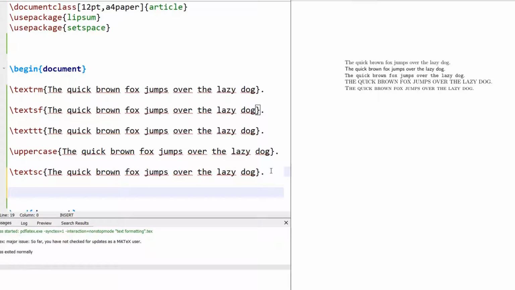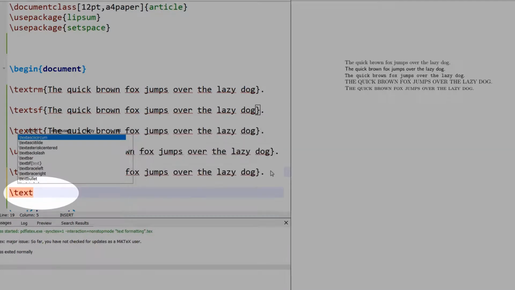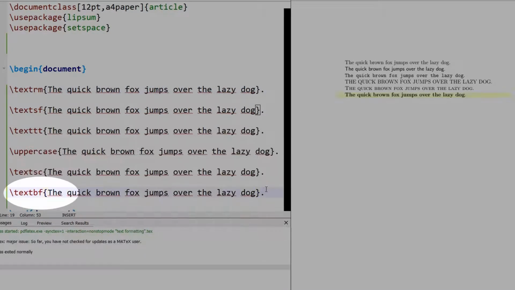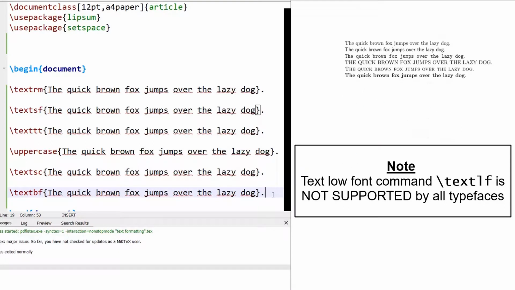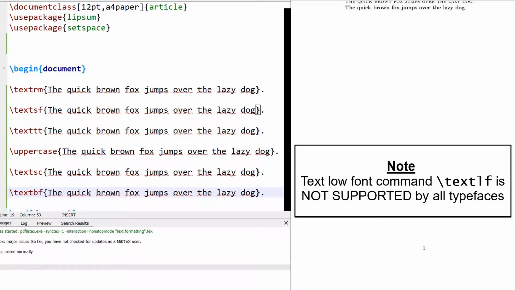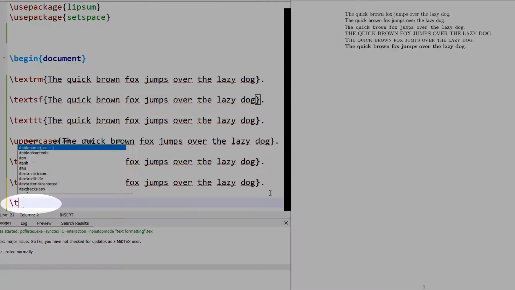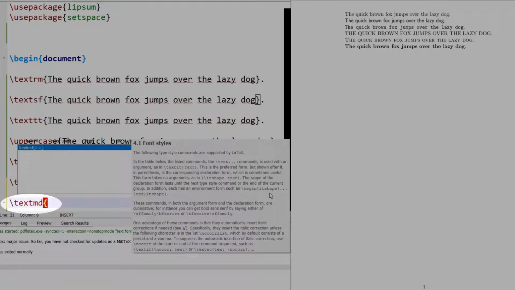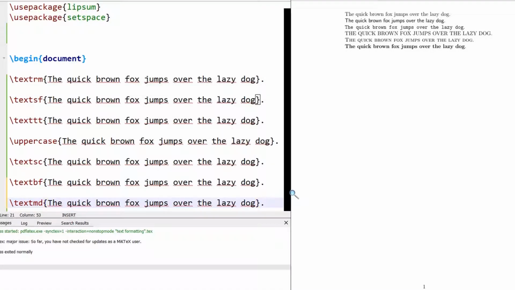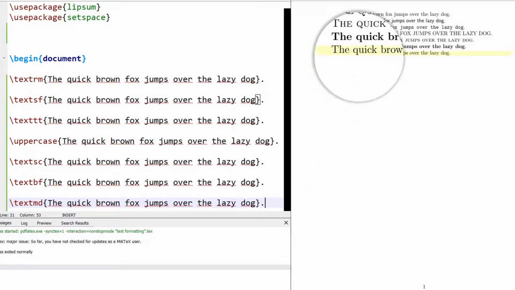We discussed text BF for making the text bold font style. We also have two more called text MD (medium) and text LF (light) font. These are referred to as font weights. So let us see the difference between them. Text boldface. You can see everything is shown with a black boldface font. Now we have text MD for medium weight of the font. You can see now it is showing with a lesser weight.